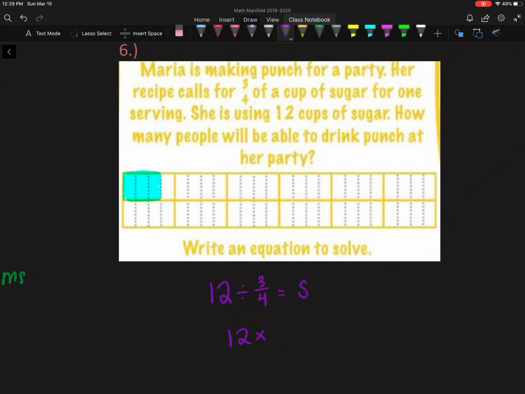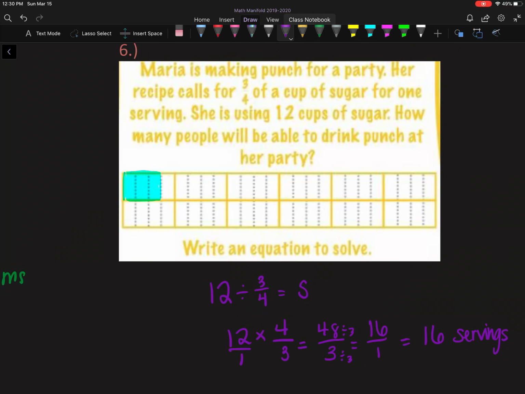So 12 times, I should have made that an improper fraction. Flip my numerator and denominator. 12 times 4 is 48 divided by 3. And then 3 can go into 48 16 times. So divided by 3, divided by 3. So then we can get 16